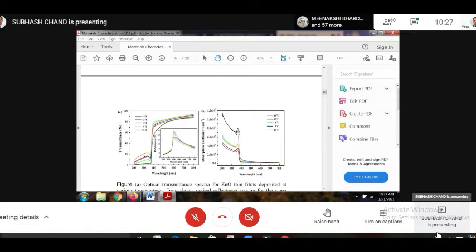Okay, and if you see the absorption peak, in that case you will see the absorption will be lower like this, and suddenly at a particular wavelength it will absorb a lot. So you will get an absorption peak. From that absorption peak we can locate at which wavelength this peak is happening, and corresponding to this wavelength, hc by lambda, you have a certain energy. So you can say, okay, this is happening at this wavelength, at this energy, it may be a particular compound or material.